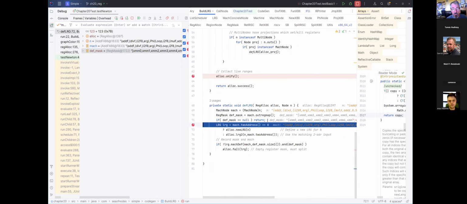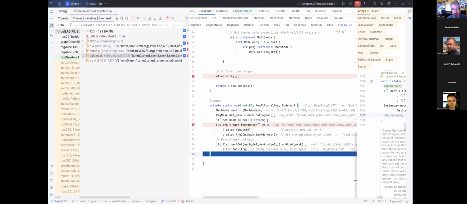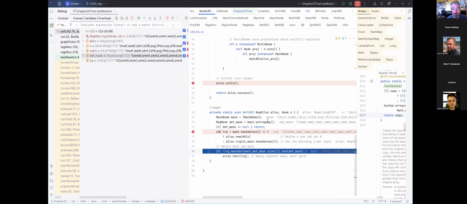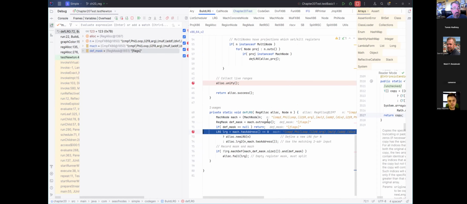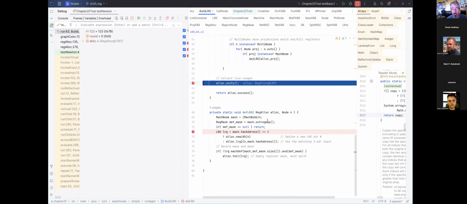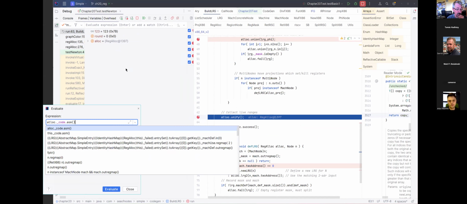Running along, here's an add to F. Same thing. It's going to say it's a 2 adder. My input's live range 2. My output's live range 2. Great. Here's the mul. The mul is going to be 2 adder, live range 2 in, live range 2 out. It's already pinned live range 2 out. No problem. Well, I got to compare. He's going to produce flags out. He's going to get a new live range 4. It's going to be flags. Great. And I'm done. So I ran to the end, but now I have this horrific mess